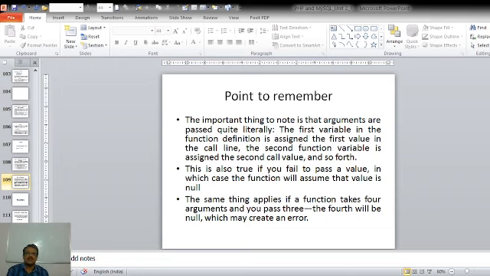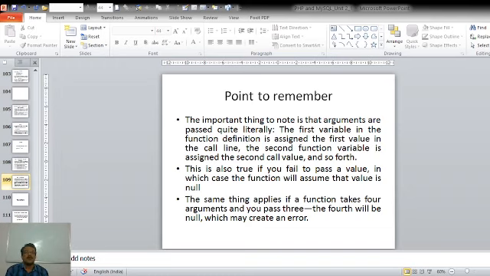The same thing applies if a function takes 4 arguments and you pass 3 or 2. If the function takes 4 arguments and we pass 3 values, then the fourth will be null, which may create an error.